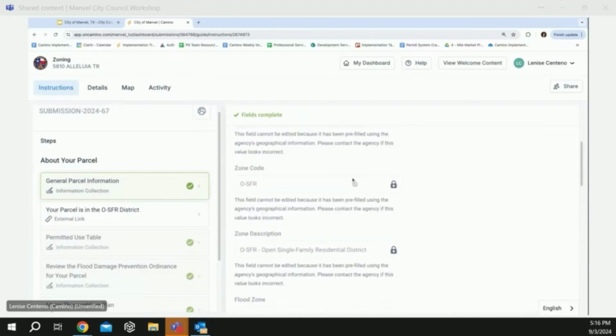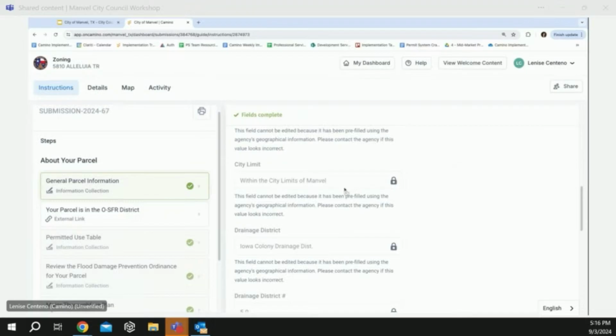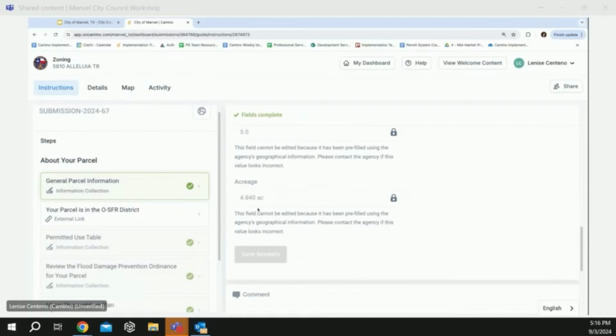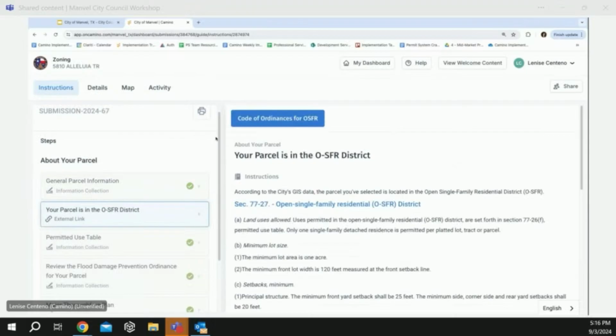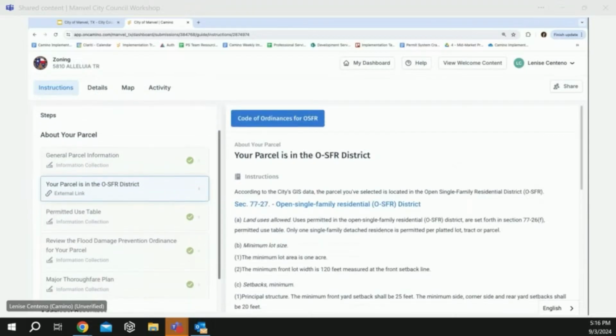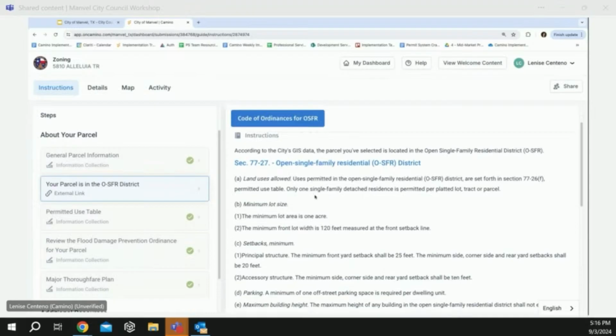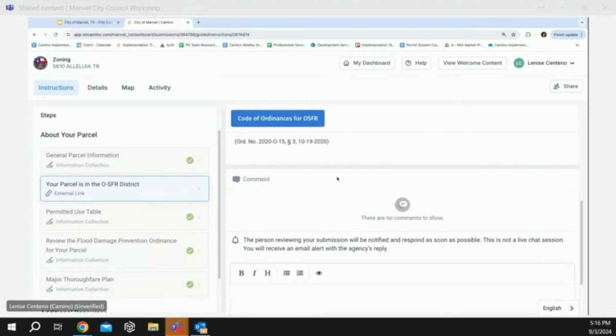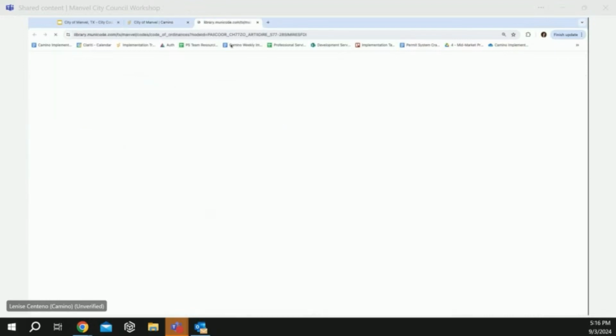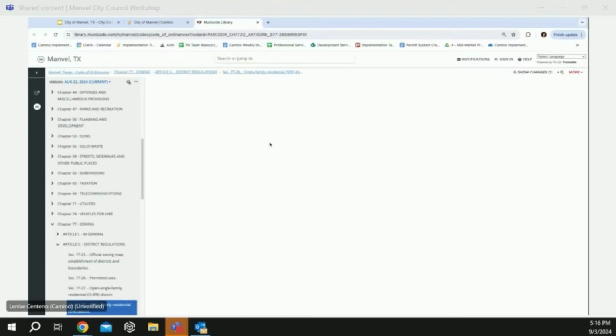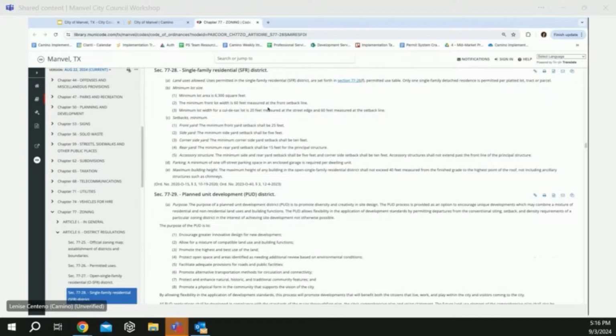We usually like to practice that any of this info may be helpful in filling out a future application or just inquiring about allowed uses. You'll see here, there's a notification that populated letting me know that the property I've selected is in the LSFR district. We've provided some information on what that means, but we've also provided links to the code of ordinances, their setbacks, things that they can be looking out for. And any of this information you see, I can touch and link, and it almost feels more integrated. We can link directly to that code there.